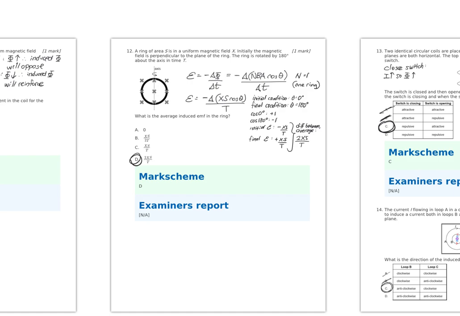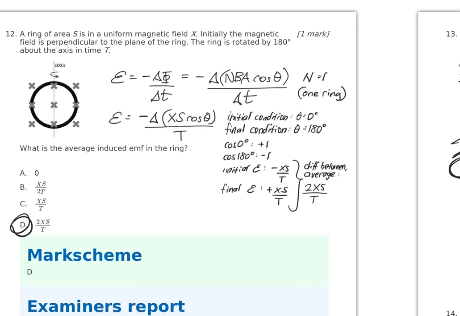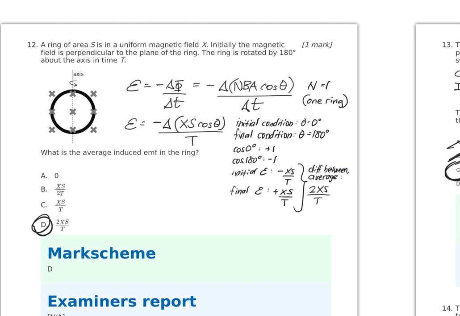Anyway, number 12, we kind of figured out how the angle changes. We go from 0 degrees to 180 degrees. Cosine of 0 is 1, cosine of 180 is negative 1. So in that shift, we pretty much have,